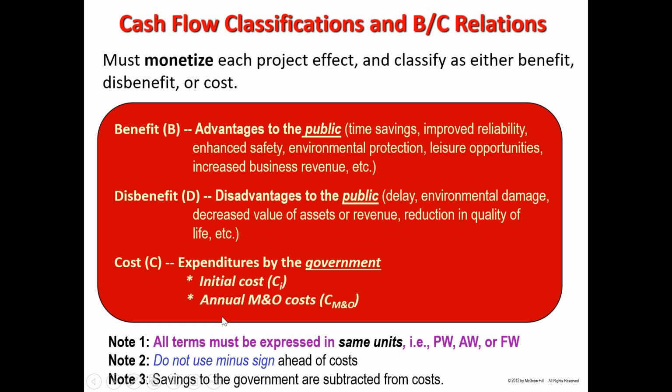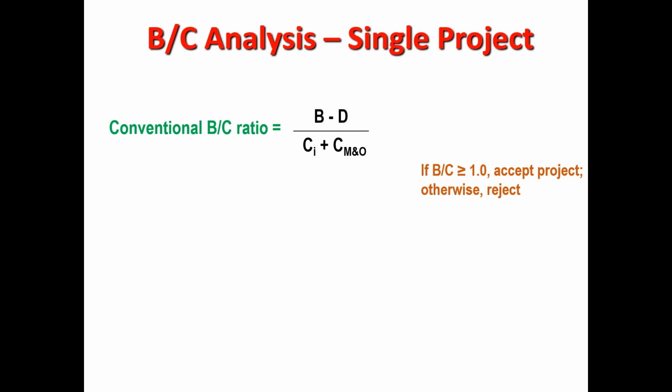In the formula I'm about to show you, it's already known that costs are outflows, and so you don't use a minus sign in the formula for the costs. And if you are going to do a project that results in a reduction in what you used to spend, savings in other words, then that would be subtracted from the cost if there's savings to the government from some impact of a project. So here's the formula for the conventional benefit to cost ratio,